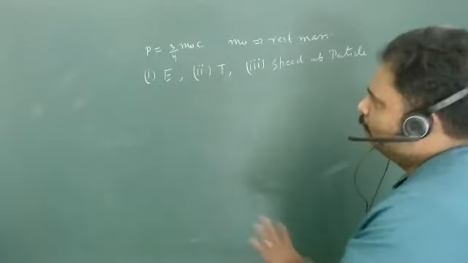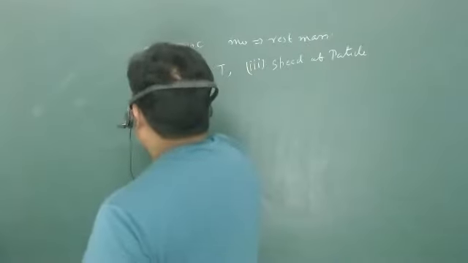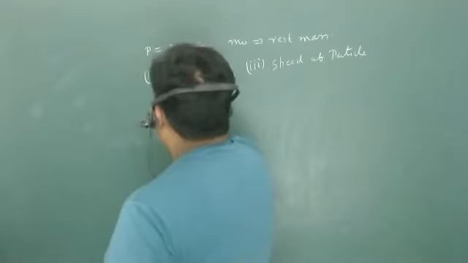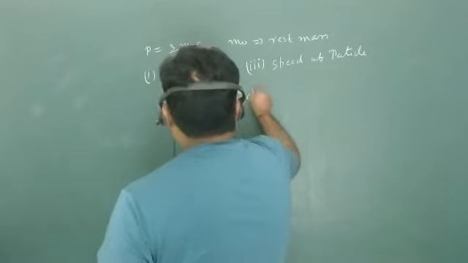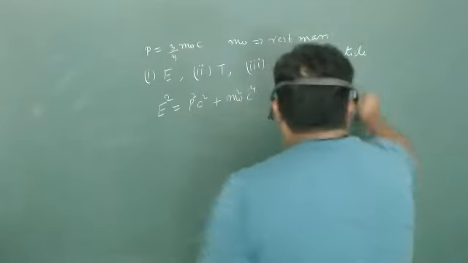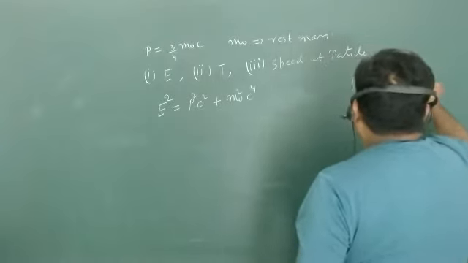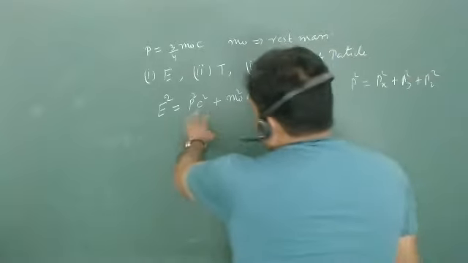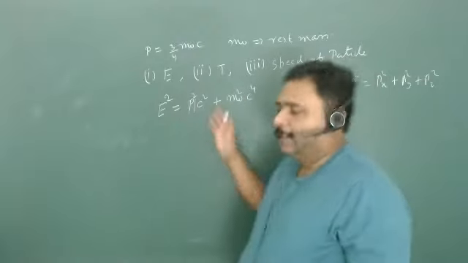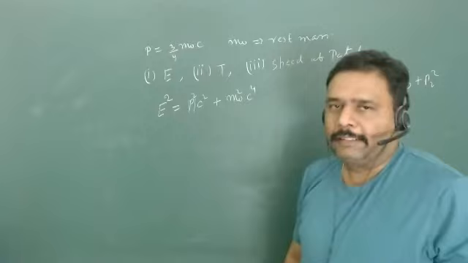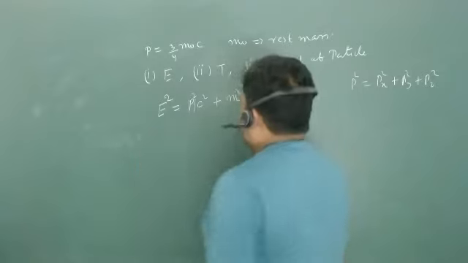So the particle has momentum 3/4 m0 c. Obviously we can use this expression. This is just a routine problem to understand the formula. E square is equal to p square c square plus m0 square c4. And please mind it, this p square is nothing but px square plus py square plus pz square, so this is just a magnitude. Obviously, if it is in one dimension, then magnitude and direction can be the same thing. You have only plus or minus, but square is there, so there is not any problem.